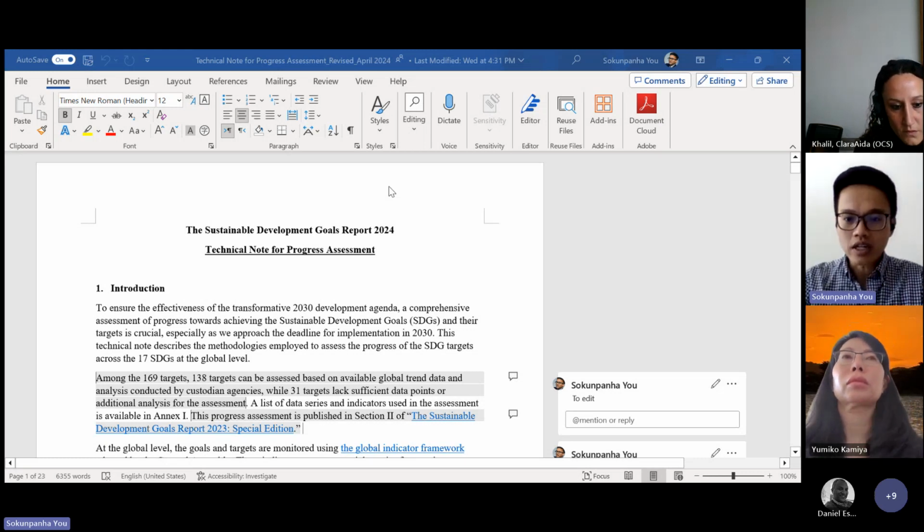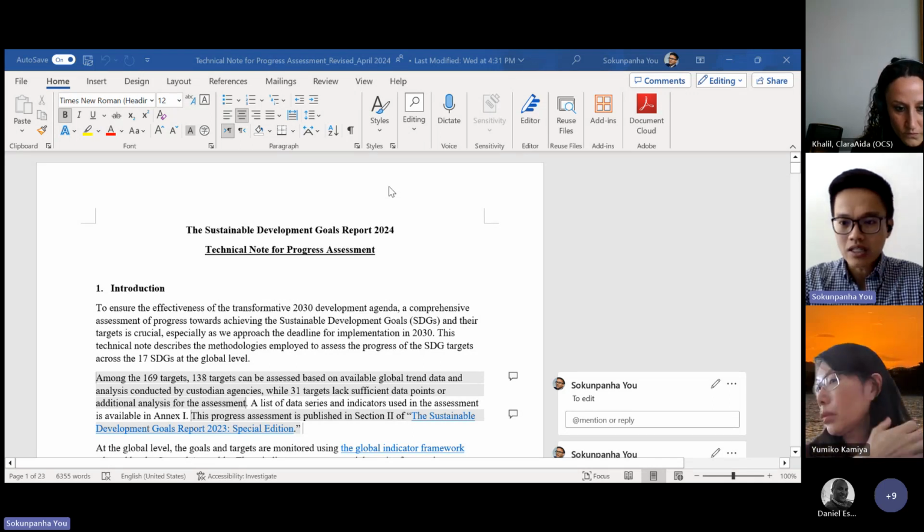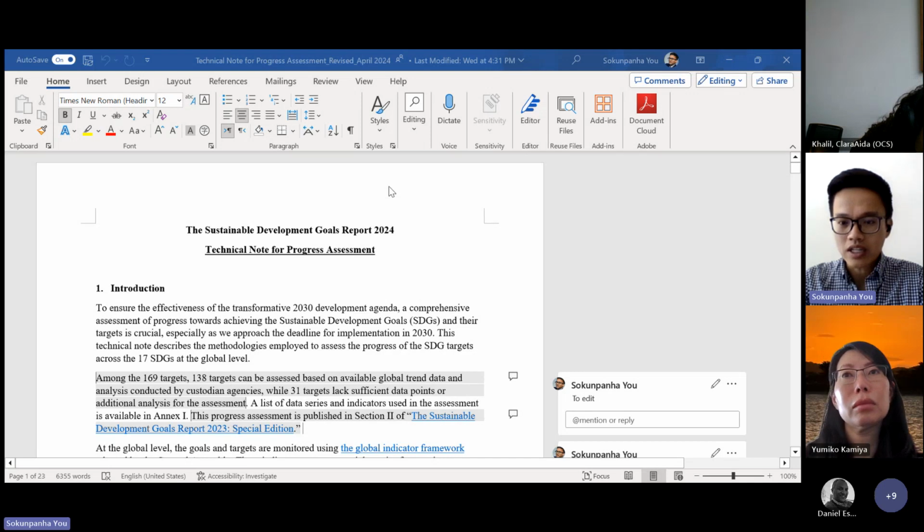So UNSD is working to do the assessment for 2024 to be included in the SG's report this month. So that's the deadline that we're working towards. And after that, we will also use this technical note as a basis for progress assessment for our annual SDG report that will come out this year in late June.